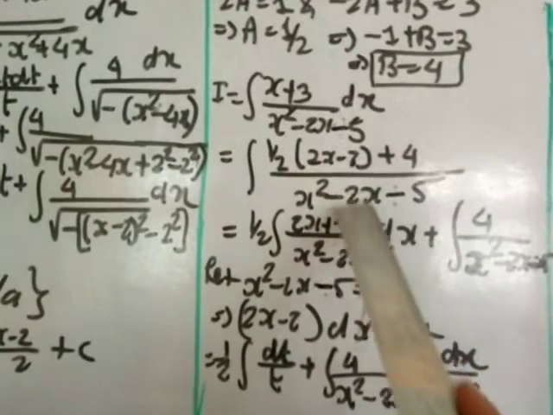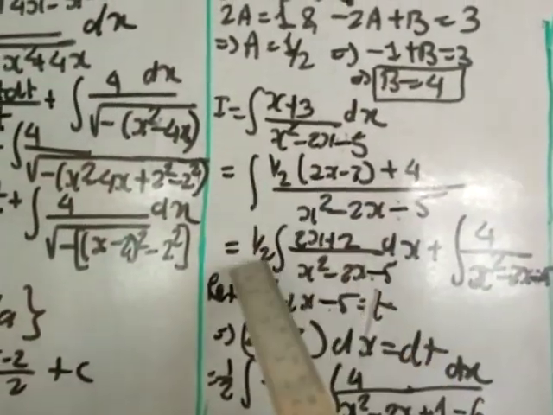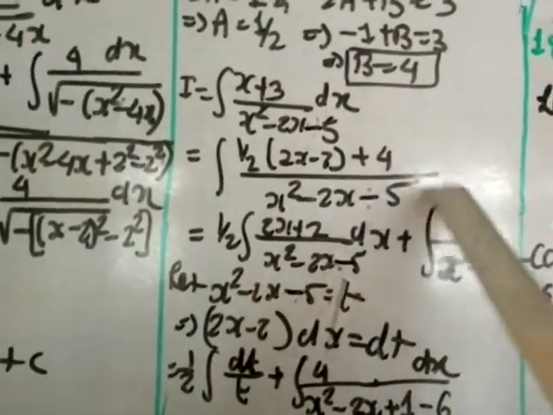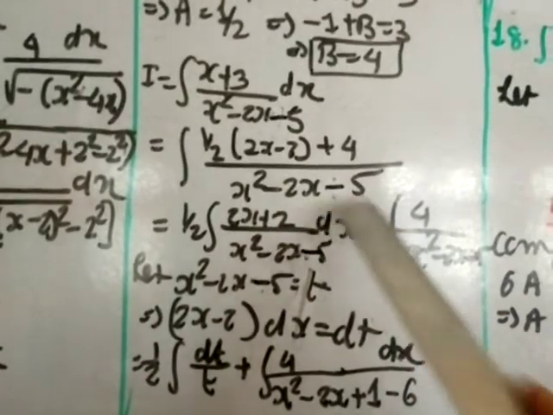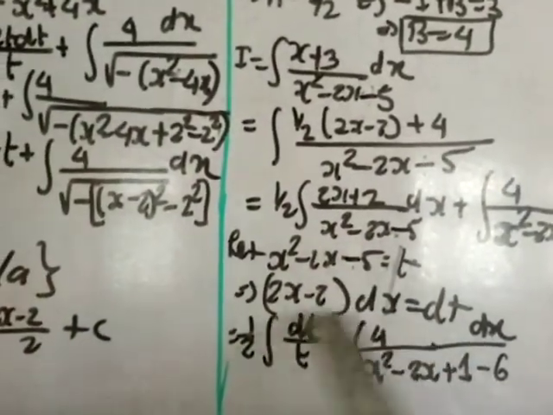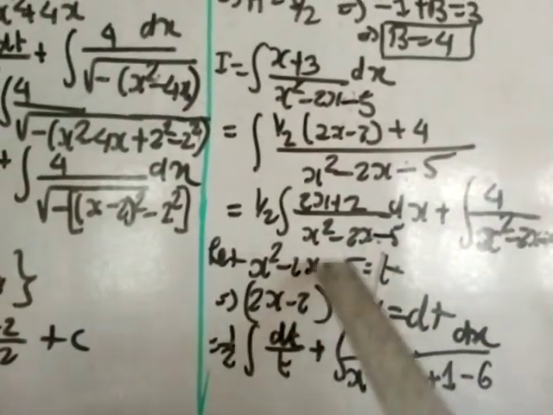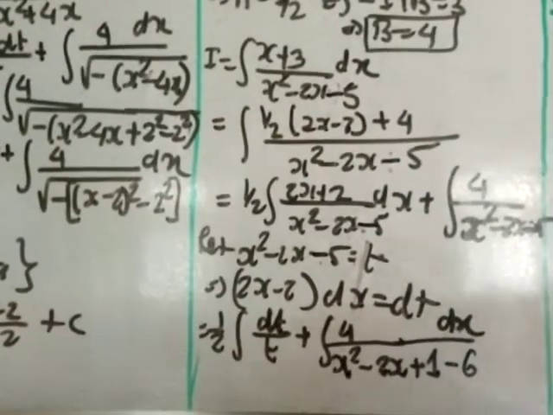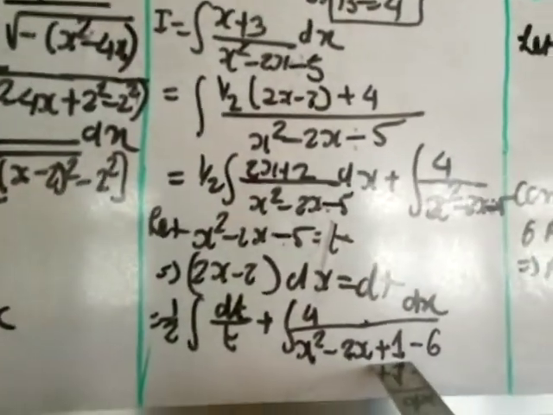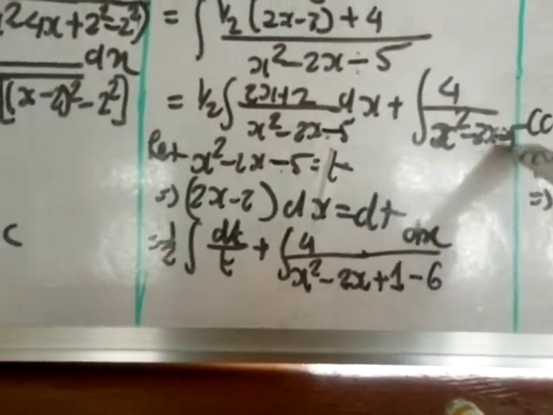Denominator as it is, separate the denominator with this and this. Okay, so this divided by this plus this divided by this. So 1 by 2 integral 2x minus 2 divided by x square minus 2x plus 5 dx plus 4 integral 1 divided by the denominator as it is. Okay, here I'll take denominator as t, differentiate, you get 2x minus 2 dx equal to dt, that is the numerator. So dt, and this is t. And here I am going to make perfect square. So x square minus 2x plus 1. So this gives perfect square. So plus 1 came here. That means here should be minus, because minus 6 plus 1 gives you minus 5. Okay.